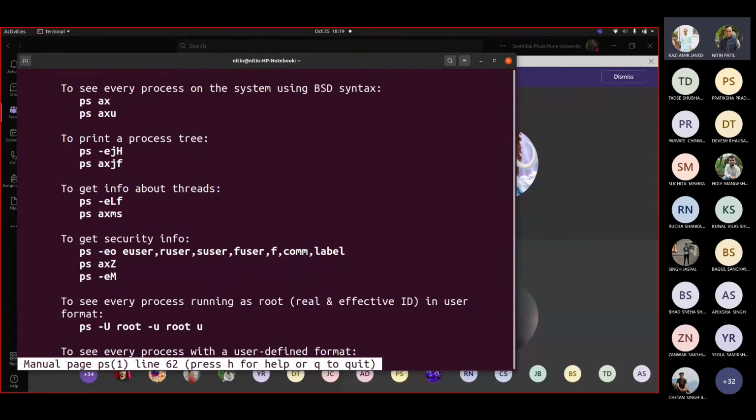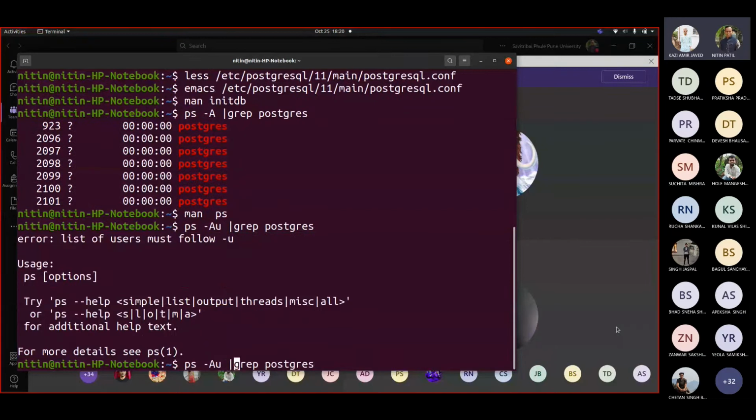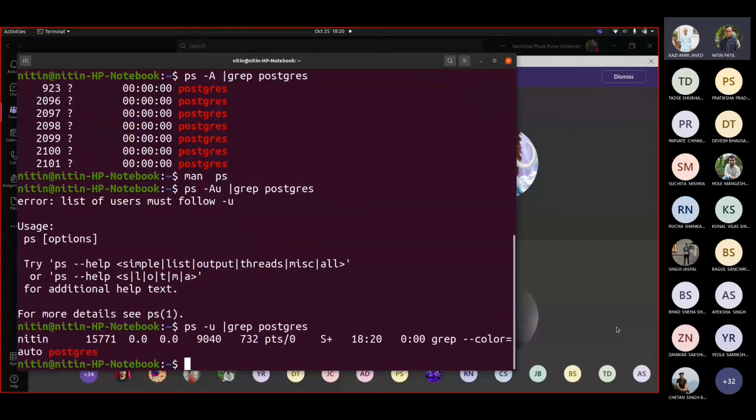One minute. Okay, let us try this, if we can get it like this. Yes. Now it says grep Postgres.